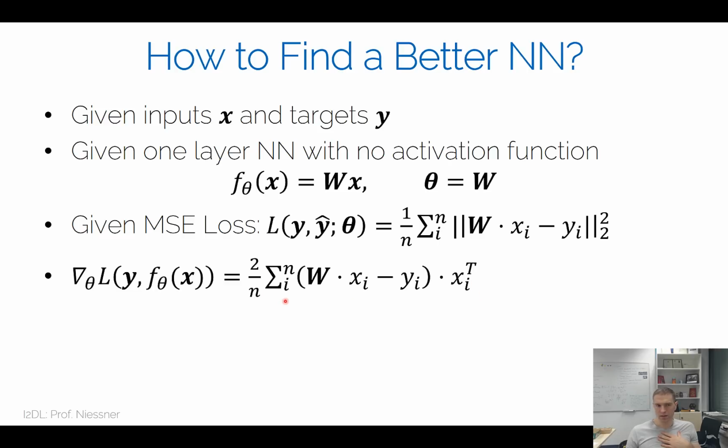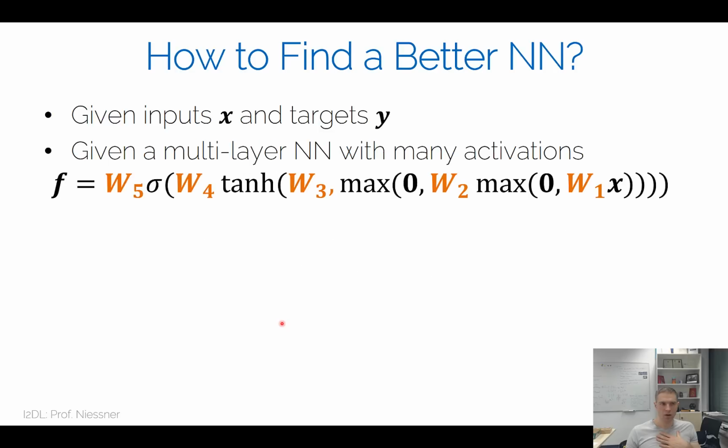So it's 2 over n, the sum over all of our training samples. And this gradient here now becomes this function, and then we can update our network parameters after we feed in a couple of things. Okay, so given the inputs x and targets y, we have now done this for our linear model, and for the neural network,